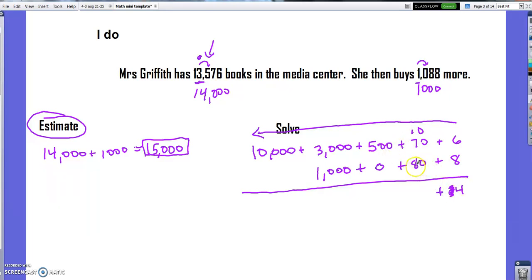And then I'm going to go back here, so I've got 70 and 80 is 150, plus 10 is 160. But I've got 16 tens. I can only have tens in the tens place. So what I'm going to have to take is that 100. 100 can't fit in the tens place. So the 100